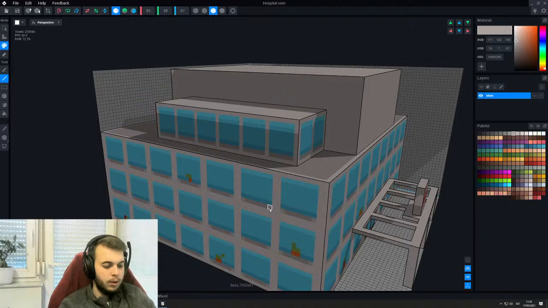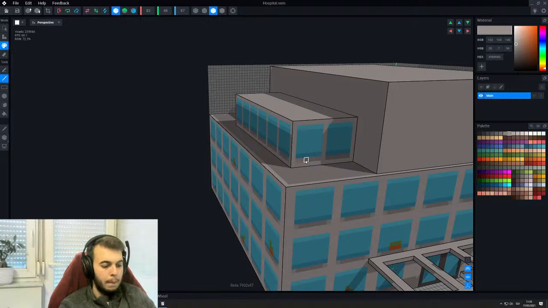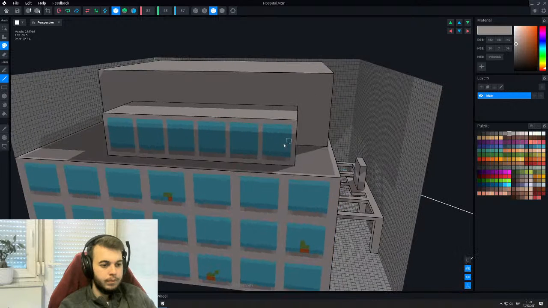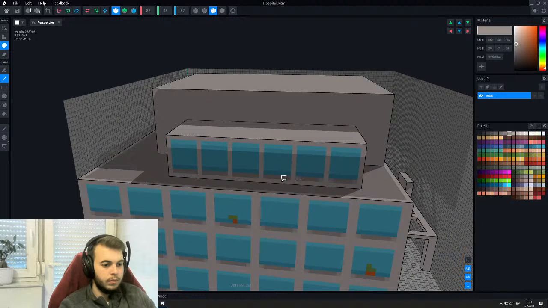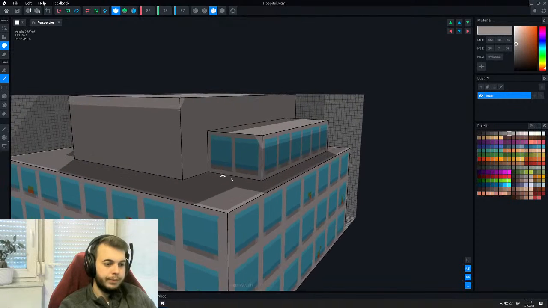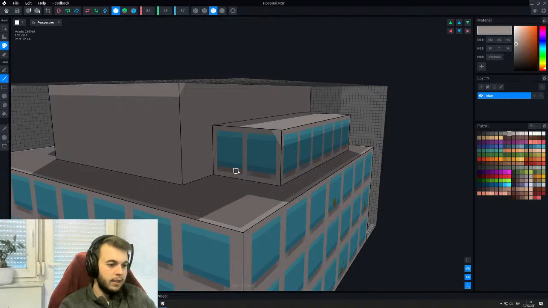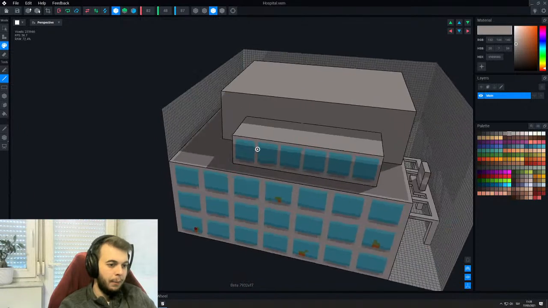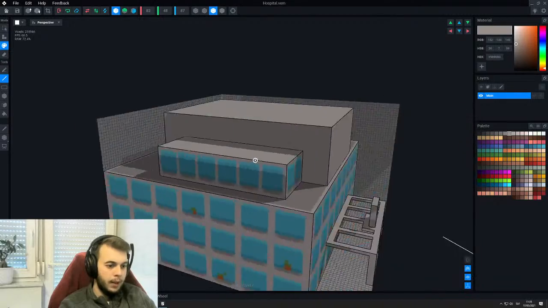Okay, and now for the anti-aliasing part, oops. For the backside, okay, and then